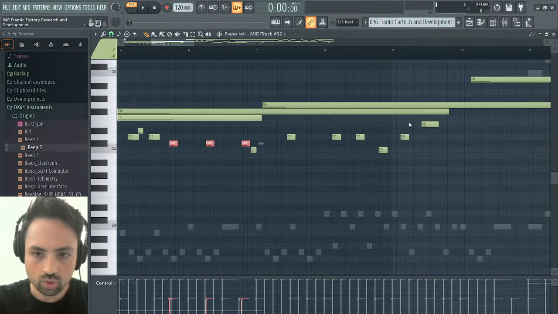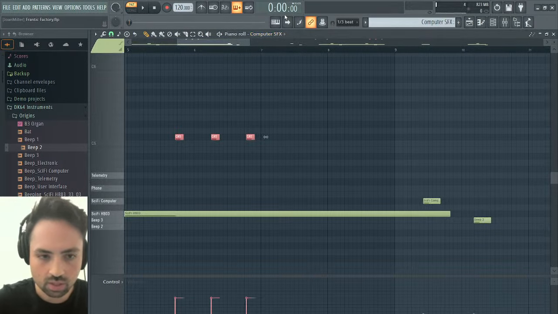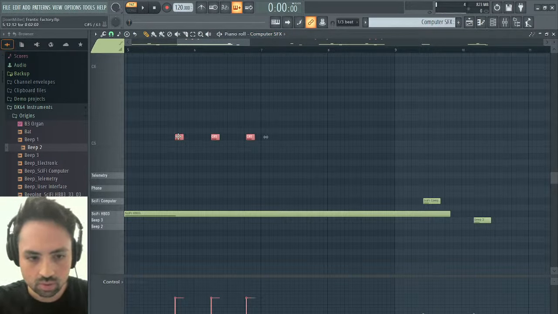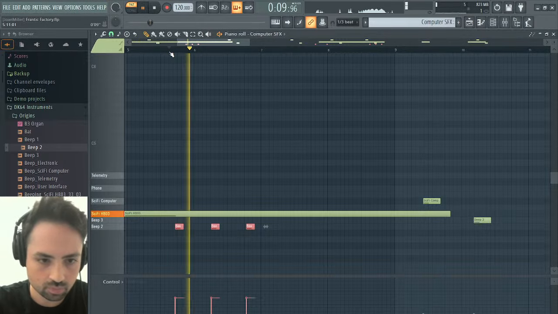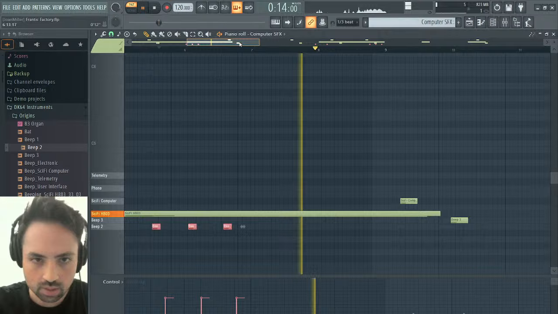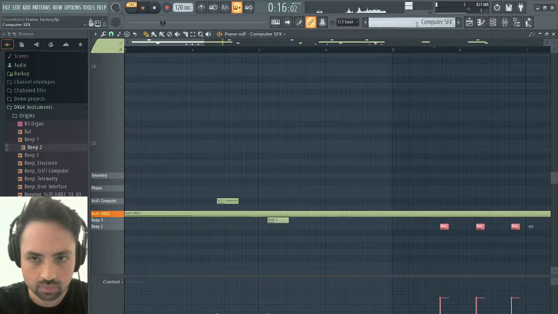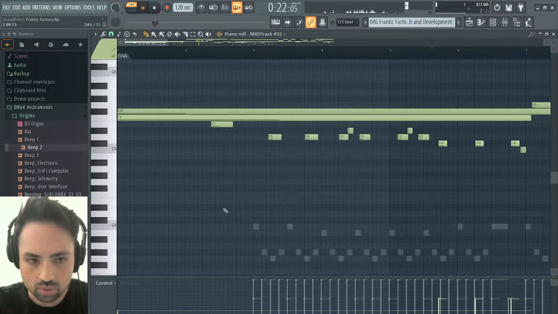And then we will go to computer SFX, and put it there. And send it to beep 2. Nice. Okay, so then